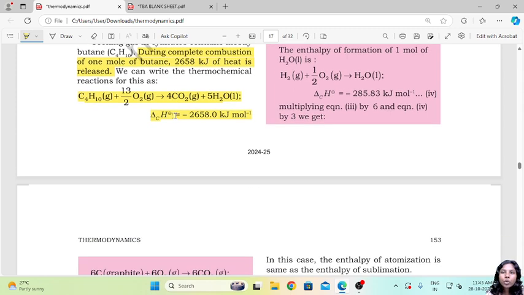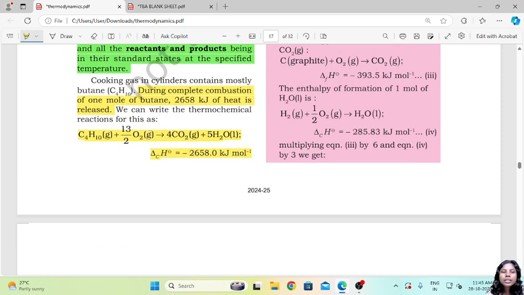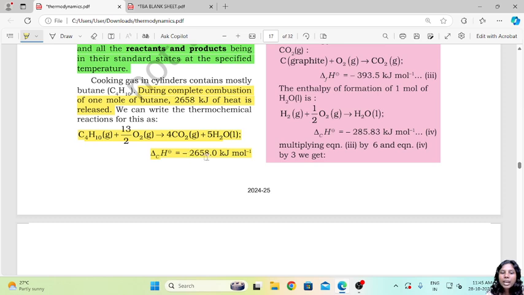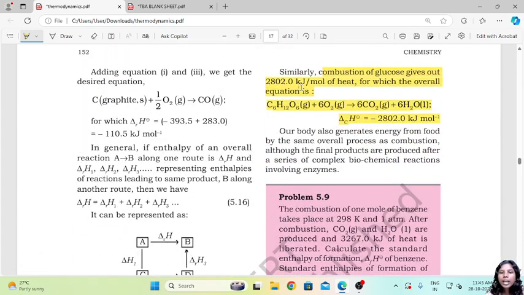Now if we break down this thermochemical reaction, we have butane plus oxygen, which gives us carbon dioxide plus water. So here the enthalpy of combustion is minus 2658.0 kilojoules mole inverse. Remember that for combustion the enthalpy is always going to be negative. Another example, we have combustion of glucose that gives out around 2802 kilojoules per mole of heat,